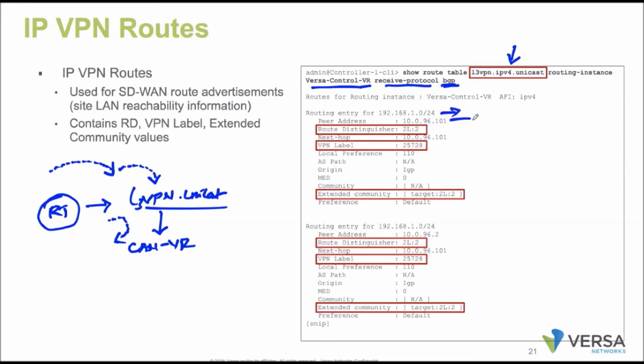192.168.1.0. From which peer have we received that route? What is the protocol next hop for this route? Then what is its VPN label? What is its RD value? What is its RT value? Extended community information, RD information. Then the BGP parameters, like what is the LP, what is its AS path, what is its origin, what is the MED value. If the route is part of some community, advertised with help of some specific community, it even has that community information.